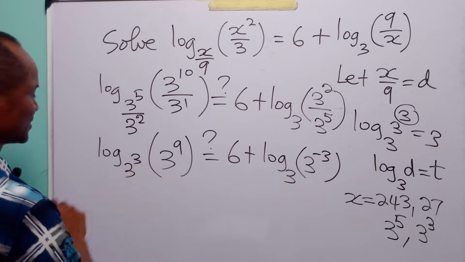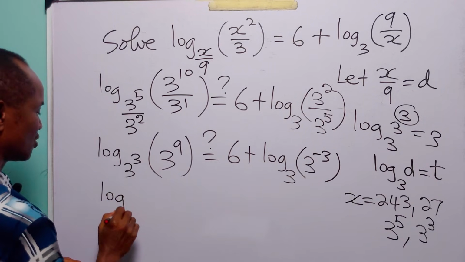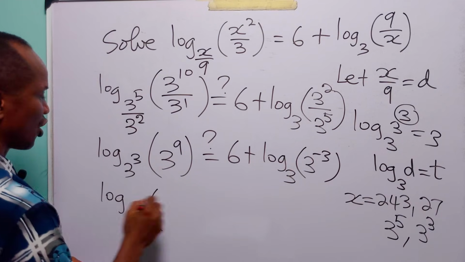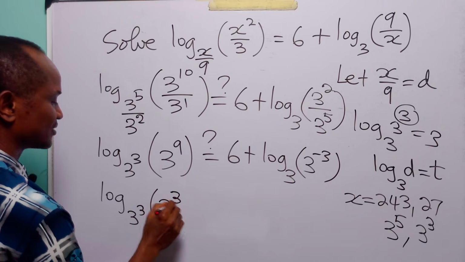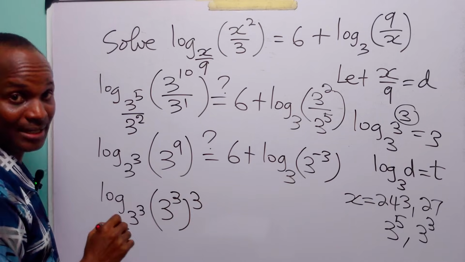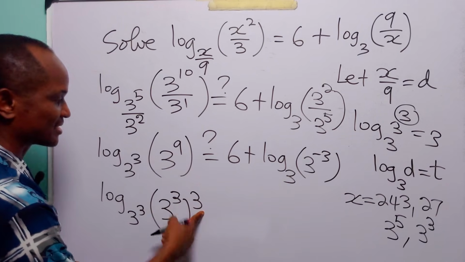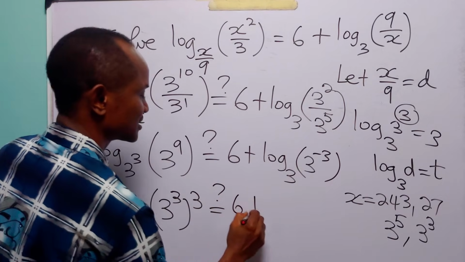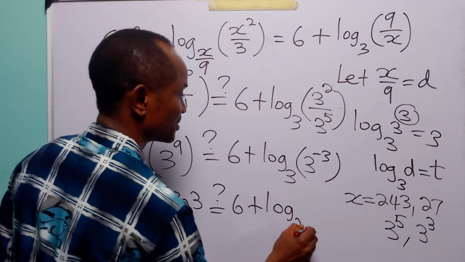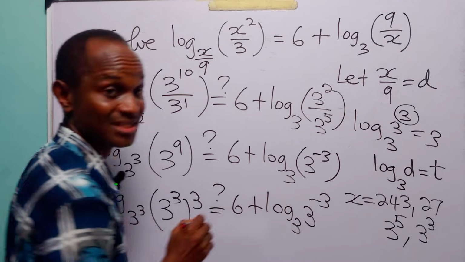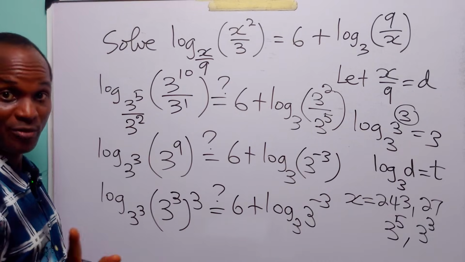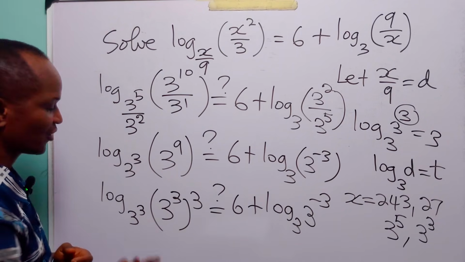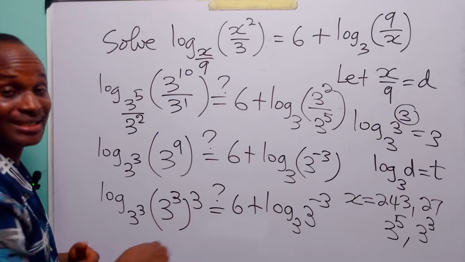Now, of course, you know that we can write this as log to base 3 to power 3, of 3 to power 3 to power 3, because of course you know that 3 times 3 is 9. Now, is this equal to 6 plus log to base 3 of 3 to power minus 3? Remember that log to base 3 to power 3 of 3 to power 3 to the power 3 is